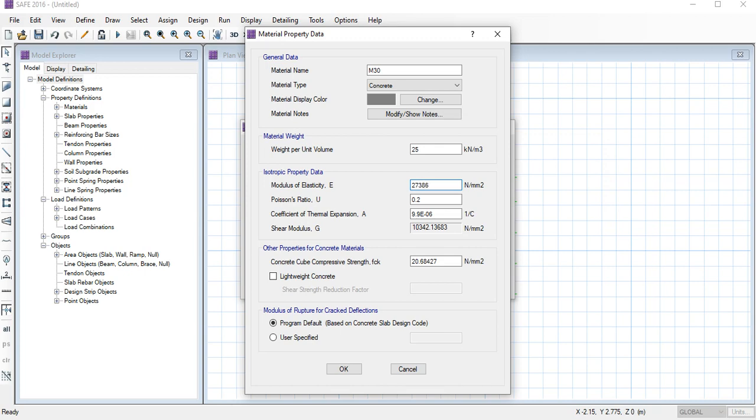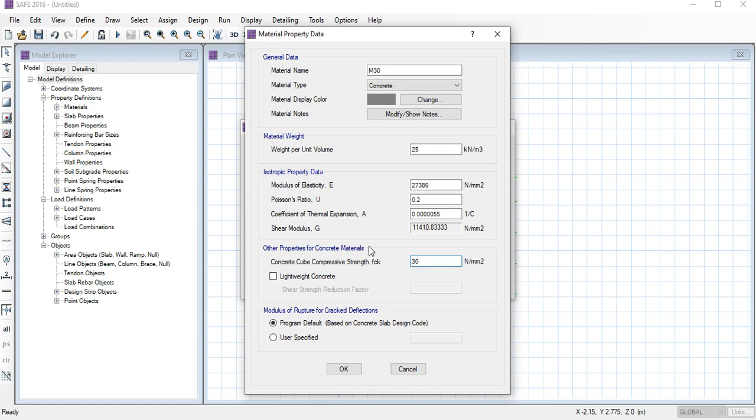Also here is one more option, the coefficient of thermal expansion. Here the data is 0.0000055. And after that, here is the concrete cube compressive strength. I have taken M30, so the compressive strength will be 30 Newton per mm square.